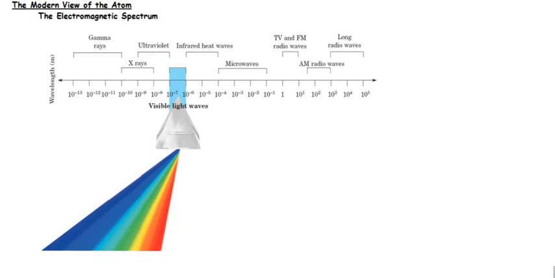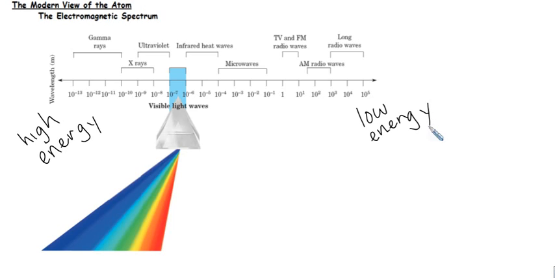The gamma, X-rays, ultraviolet, these are all your high energy waves. So write that in. Over here, this is my high energy. On the opposite end of the spectrum, your radio waves and microwaves, these are all low energy. And then we've got the visible light spectrum kind of in the middle, which obviously we're all familiar with, the